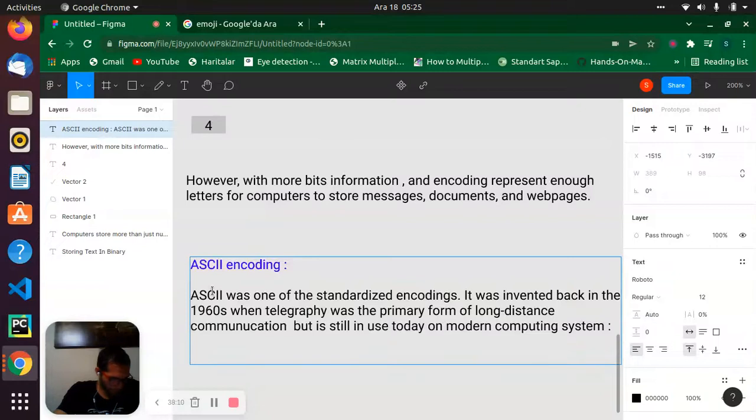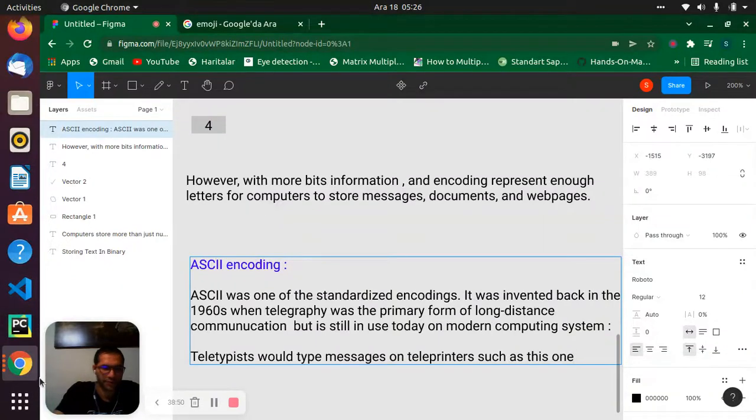So teletypes would type messages on teleprinters, such as this one.